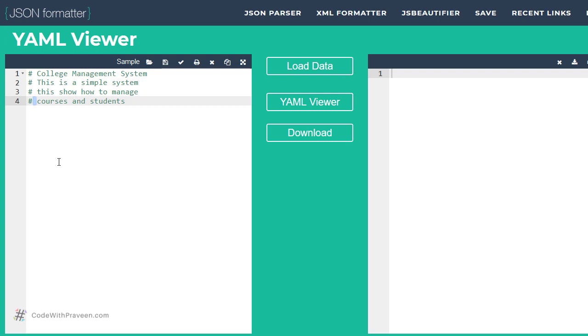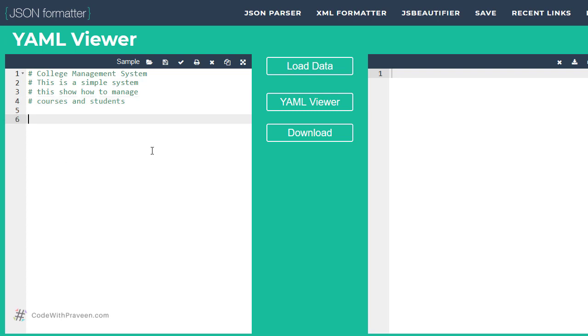Also, depending upon the tool that you are using, some of them support shortcut key combinations. For instance, you can use Control followed by the slash in some of the IDEs to comment out the lines. If it's YAML, then it's going to comment out all those lines. In the next lesson, let's look at the fundamental part of YAML, namely the key value pairs. Let's look at that next.